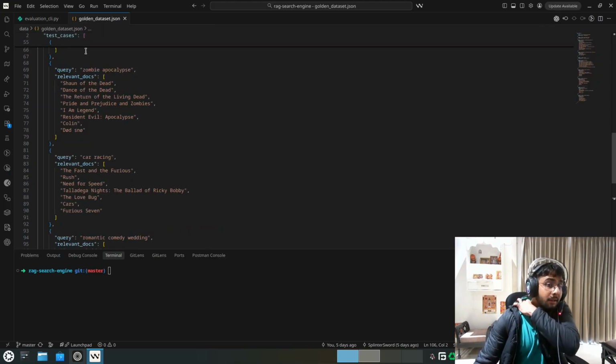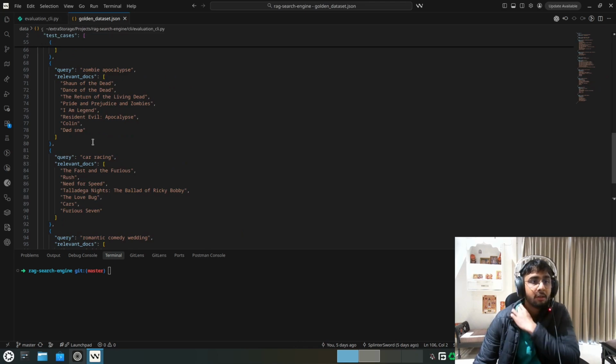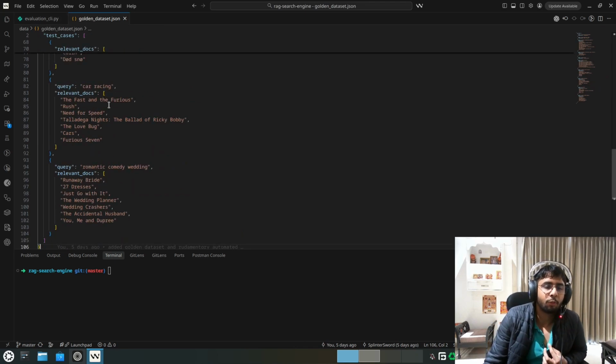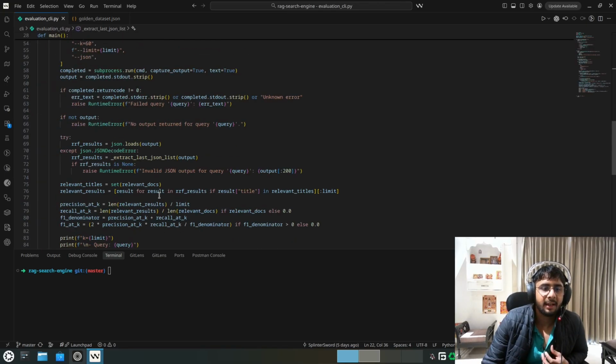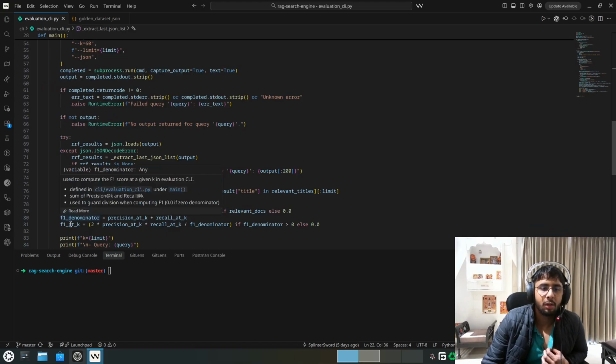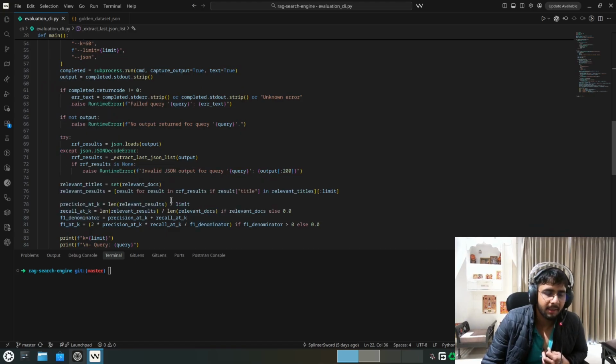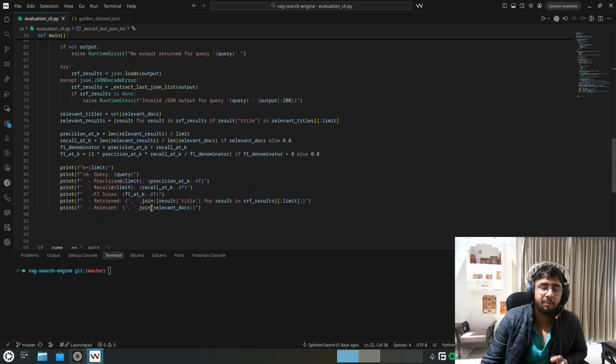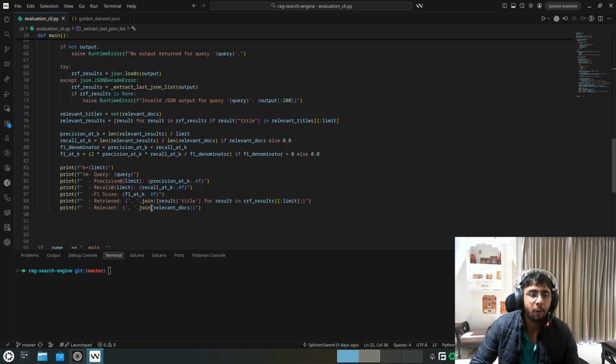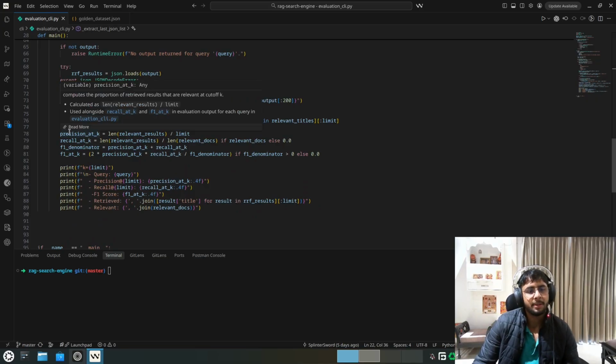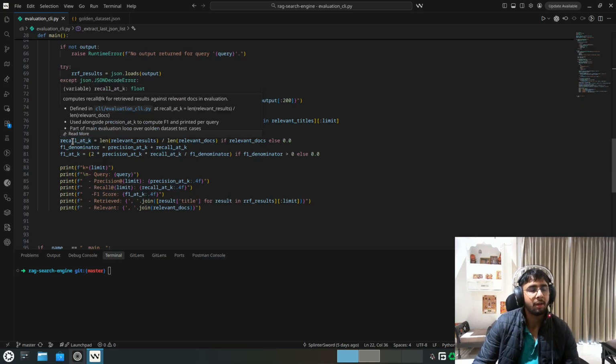I also created a golden data set of the queries and the relevant documents I was expecting, and then I calculated the precision, recall, and F1 scores and displayed them, so I have a better idea of metrics and how my search engine is actually performing. You can learn about precision, recall, and what they are exactly by reading about it in my GitHub readme description